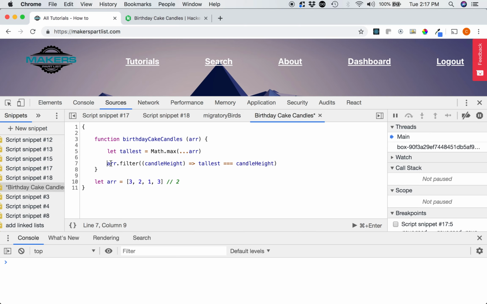And then what we need to do is return, and that's going to give us an array of all of the instances. So we want the length of that. And that's it. So if we go ahead and run this right now,